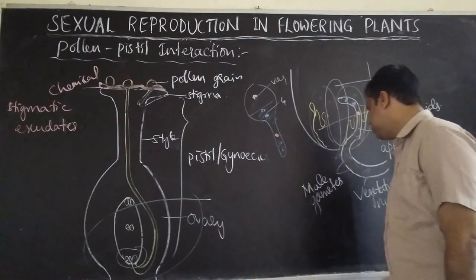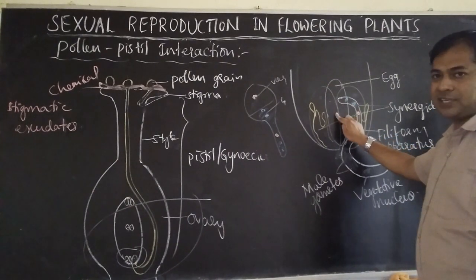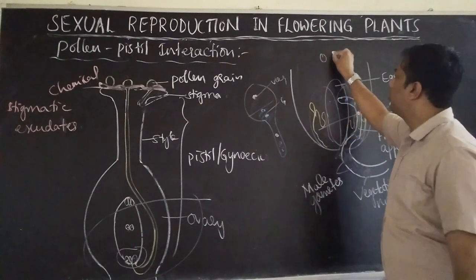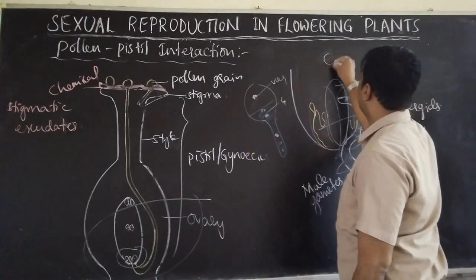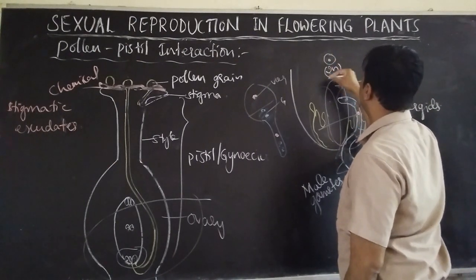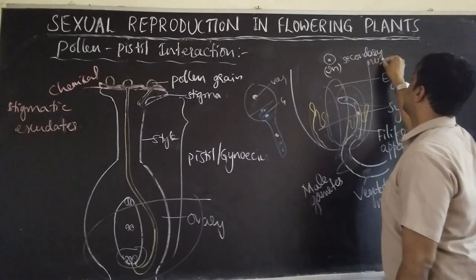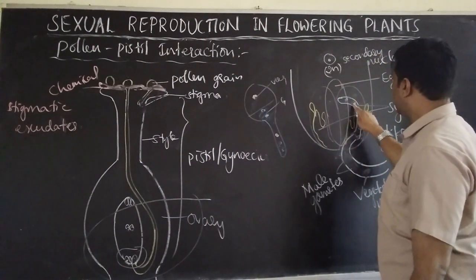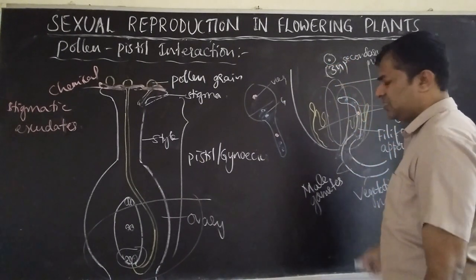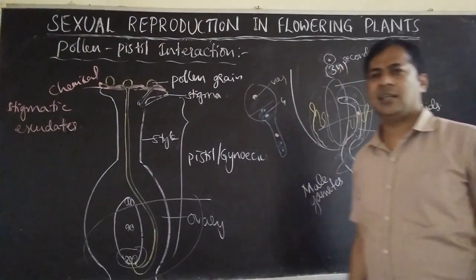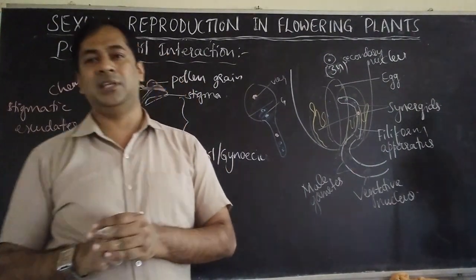Then double fertilization, triple fusion happens. You know that first this nucleus will fertilize the egg, the first fertilization, then the other will meet the two polar nuclei present here. These two polar nuclei will combine and become one 2N structure, called the secondary nucleus. The secondary nucleus will get one more here, which will bind them and become 3N. Already we learned this in first year. In the next class we will continue this process. So this is what we call pollen pistil interaction.